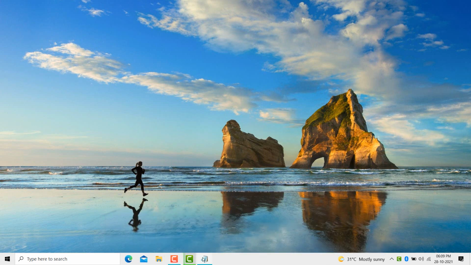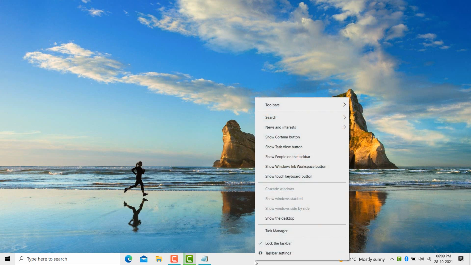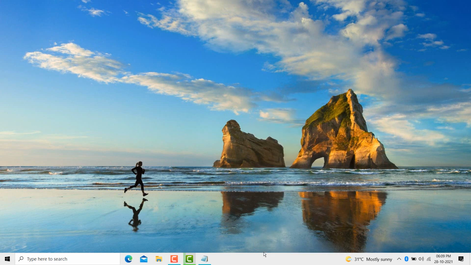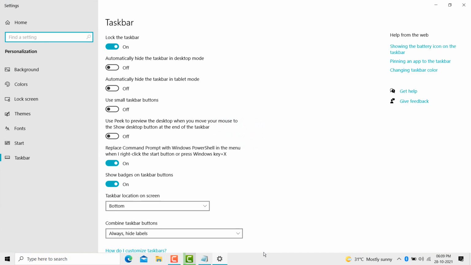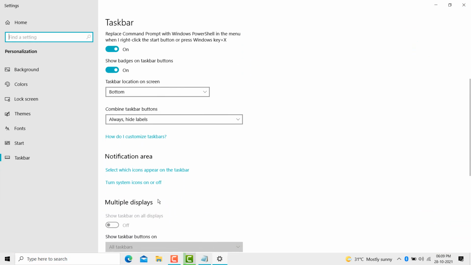First, right click any empty area in taskbar and here you see the taskbar settings option is available. Click on it. Then scroll down. Here you see turn system icon on or off. Click on it